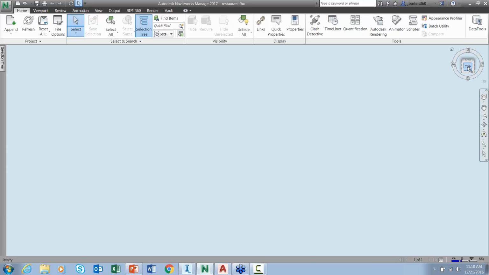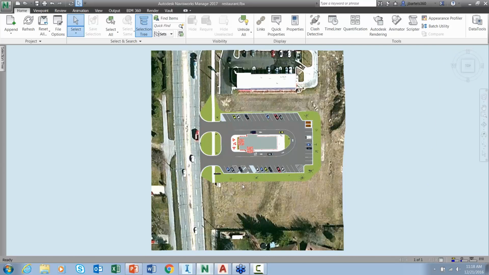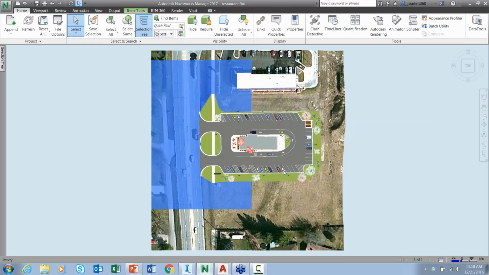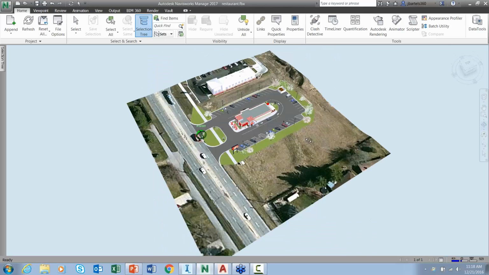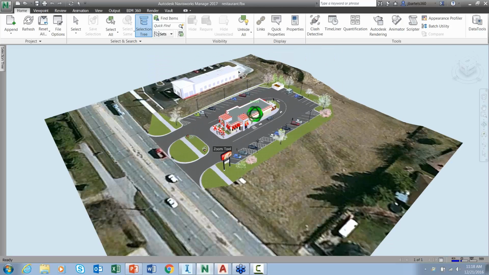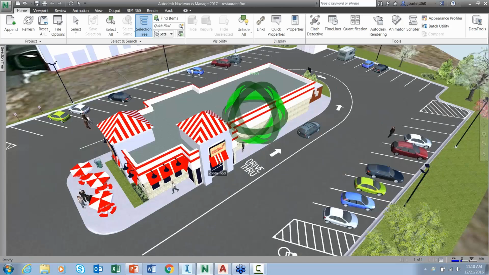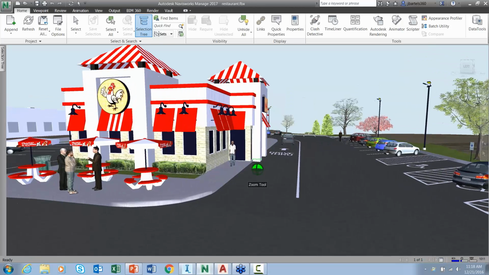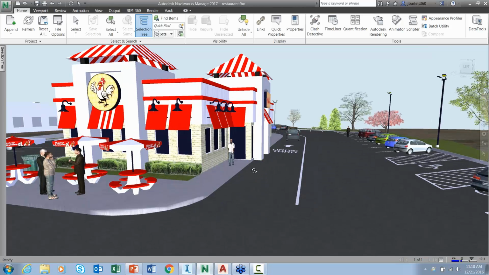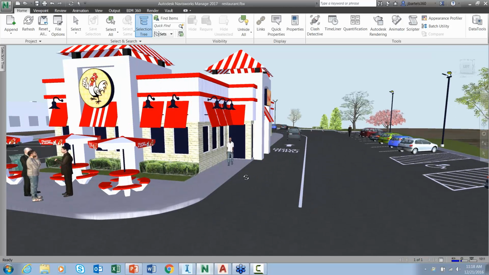Let me click the top hotspot here on the view cube. That'll give me a nice top view. And then there are tools over here. Let me go ahead and click the orbit, and I can spin this around. I can roll the mouse wheel forward to zoom in. Let's orbit this a little bit more. Generally speaking, what I want to do here is position myself where I'd like to be standing in the virtual